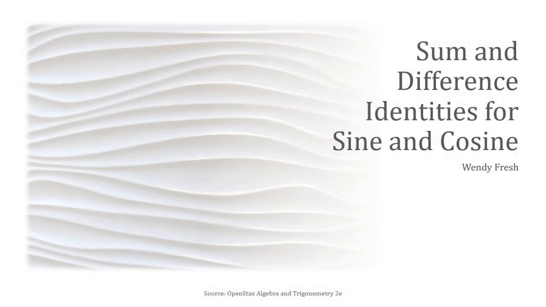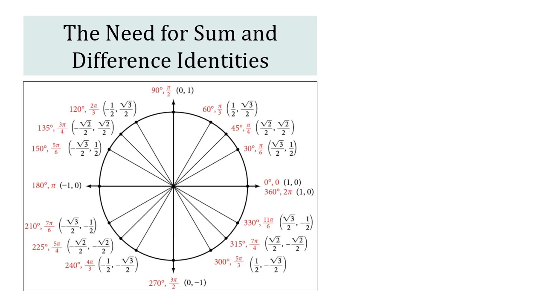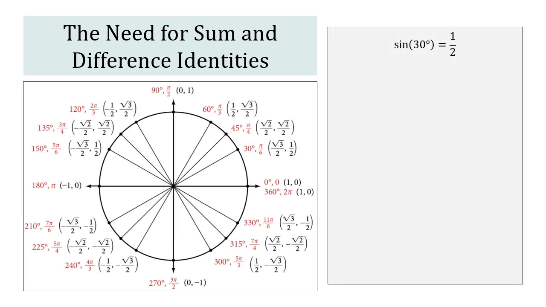In this section, we'll talk about the sum and difference identities for the sine and cosine. In earlier sections, we were able to determine the value of trigonometric functions for some of what we call the common angles. For example, we know that the sine of 30 degrees is equal to 1/2. We also know that the cosine of 5 pi over 4 is equal to